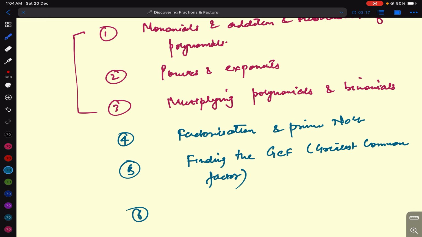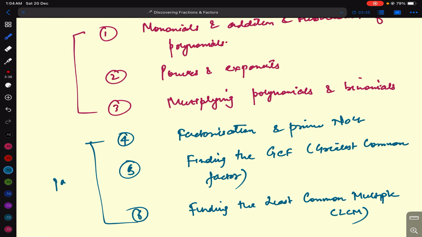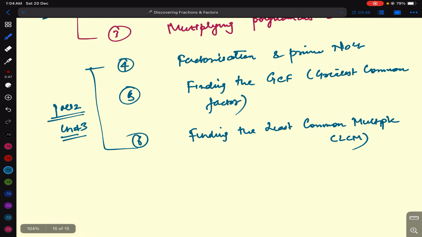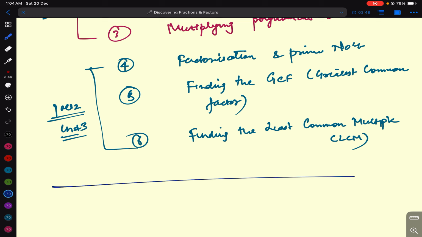And lesson number 6 is finding the least common multiple, which is LCM. So we are going to cover these as part 2 of chapter number 3. This was your part 1 of chapter number 3. Clear? Okay, so let's start with lesson number 4, which is